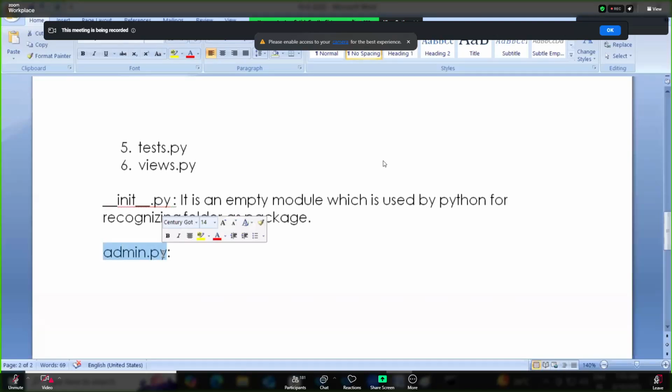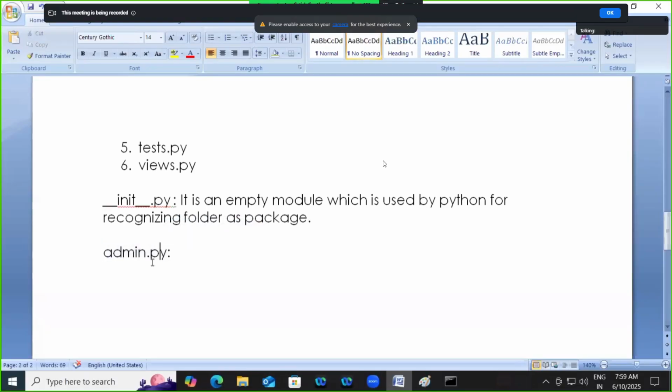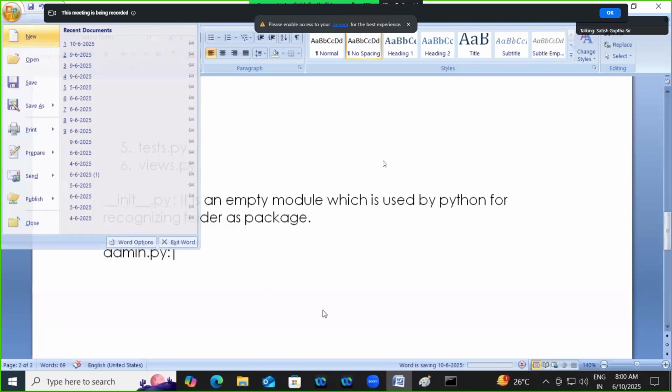__init__.py is added. How many modules? 6 modules. So __init__.py is empty, and there is admin.py. Admin.py is a module which is